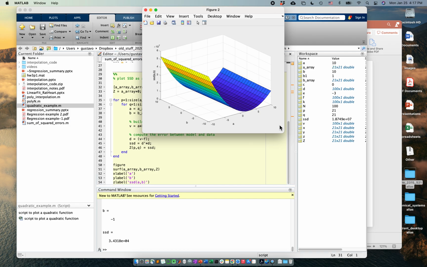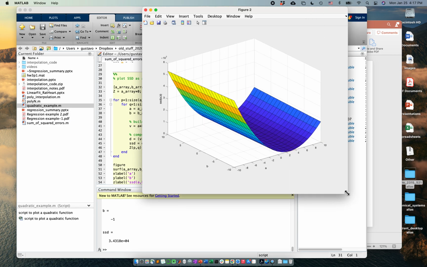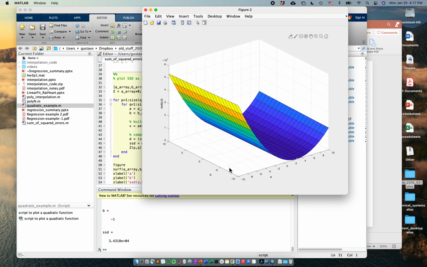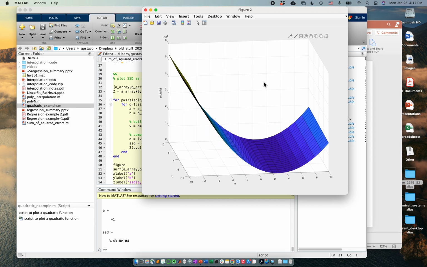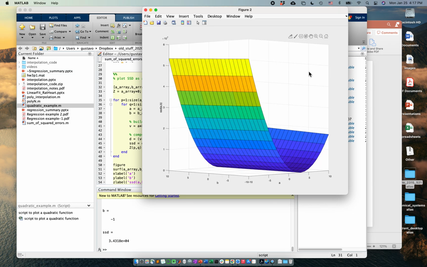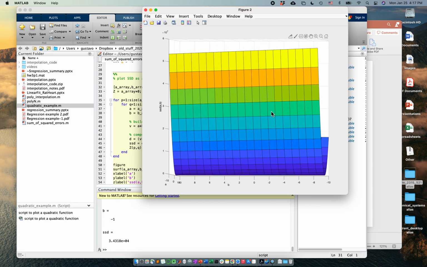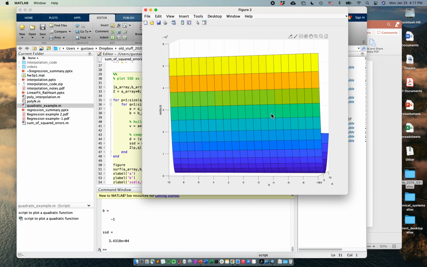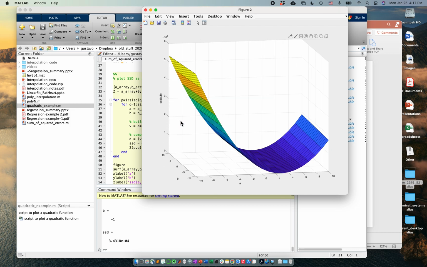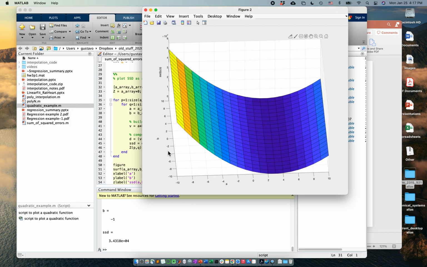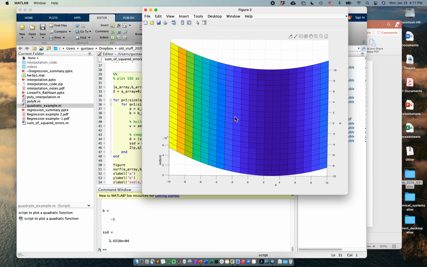So this is the sum of square differences as a function of the parameter A on this axis and the parameter B on this axis. And the z-axis here is how big the error is. So you can see, first of all, if we rotate this thing, this is pretty much a quadratic, right? At least it's easy to see on the A dimension, and in the B dimension it's a little bit more difficult because the variations are much smaller and harder to see by eye, but there is also a slight inclination. So this is a 2D quadratic function, and the minimum of this quadratic function is what you're going to use